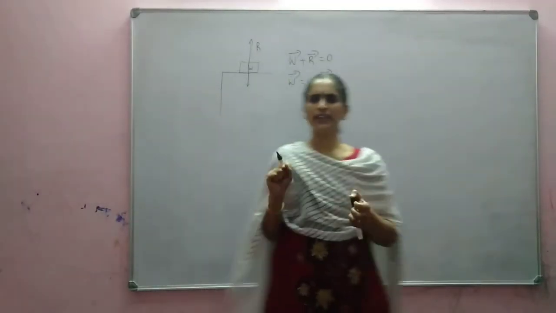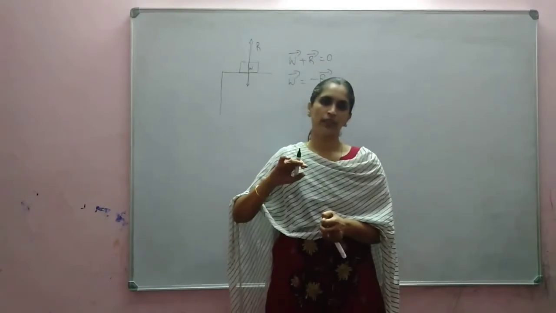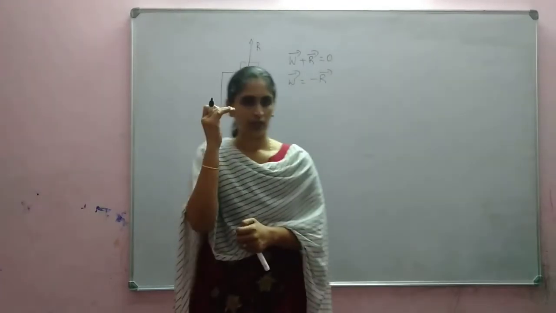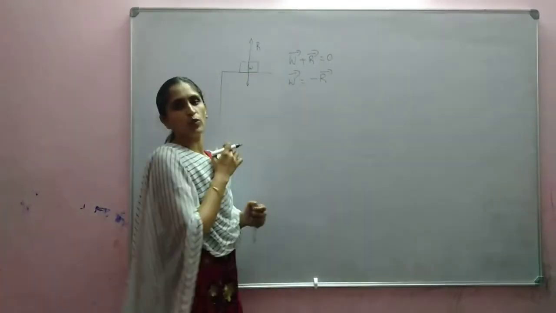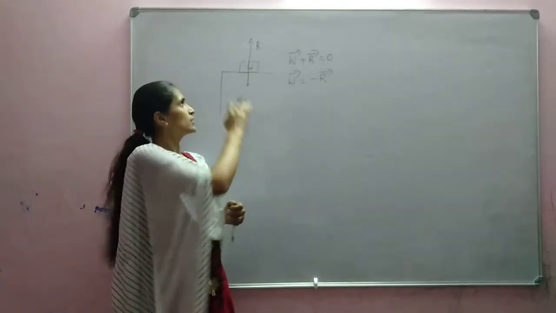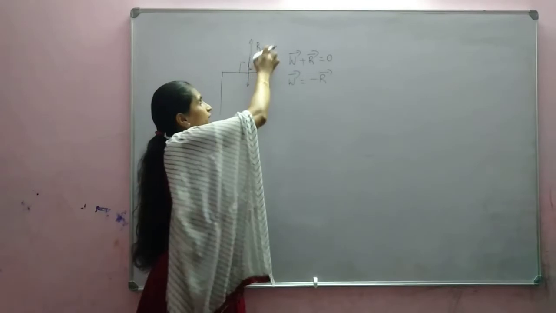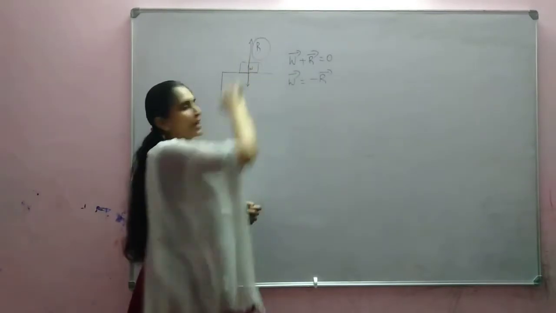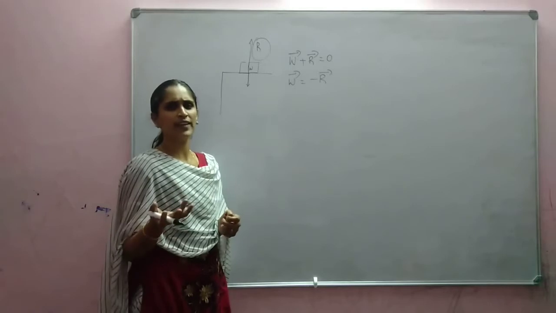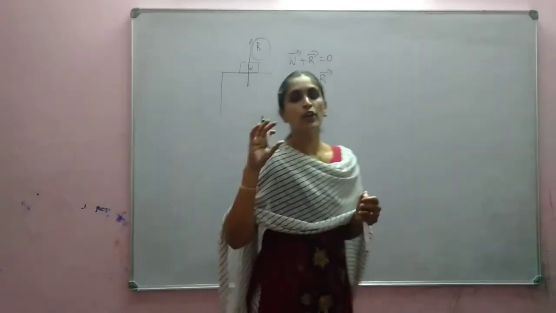So whenever we are dealing with weight or normal reaction, since the book is on the table, this weight is acting vertically downwards. So we can say that weight is exerting a force on the table. So this table will exert equal and opposite force. That force we can say is the normal reaction. Normal reaction is very important. Some books will write it as N or R. It's not a matter.